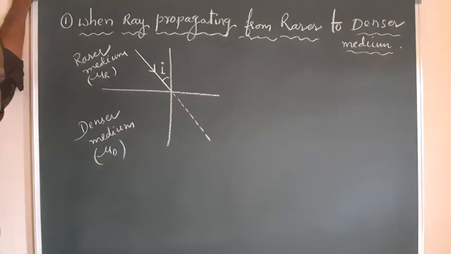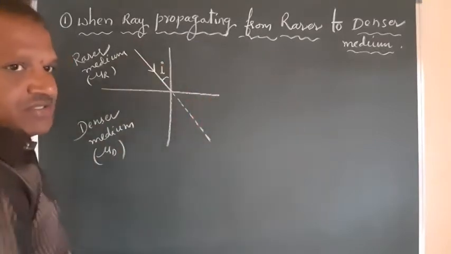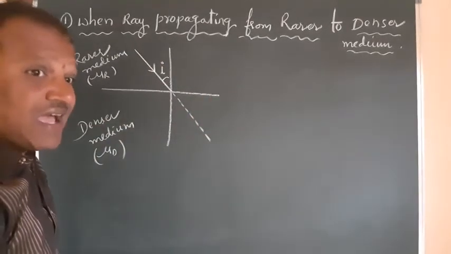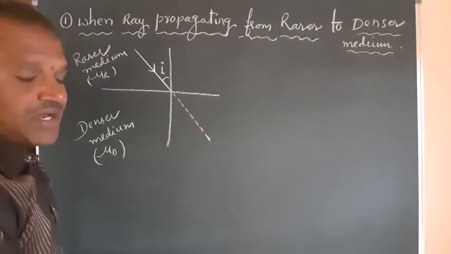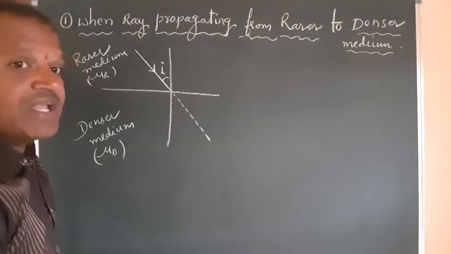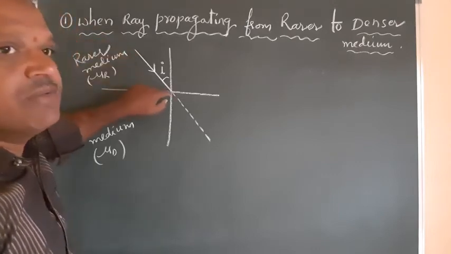This is a ray propagating, and I am drawing here a normal to the interface, and this angle is called the angle of incidence, right? So this is the actual direction of the light ray, which is propagating in the first medium. Up to the interface in medium 1, the direction of the light cannot change. The bending of light cannot take place as the medium is the same and the refractive index is the same. Once the refractive index is the same, the direction of light cannot be changed. That means no bending takes place. So the ray travels straight up to the interface.